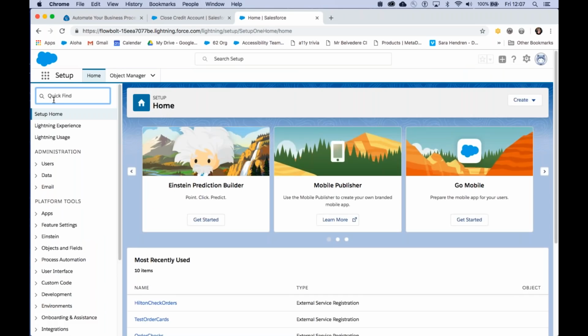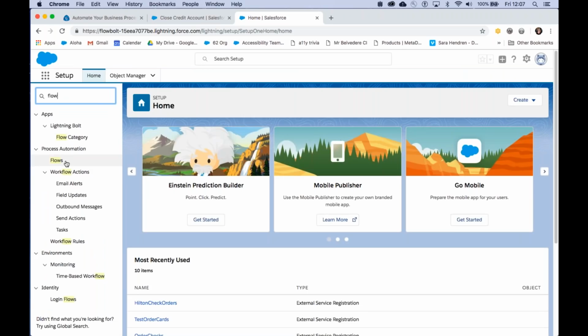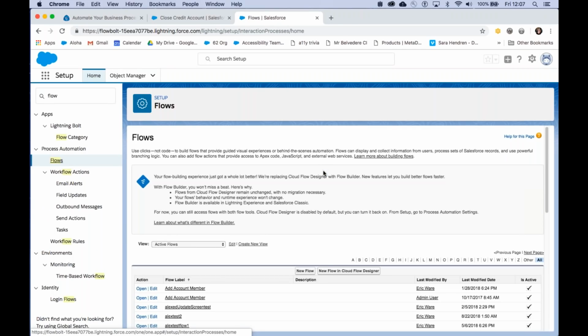So the way we build a flow now is we can go to Flows under Process Automation in the Setup tree. And what I want to build right now is a new screen flow for a support agent. The flow will have a screen where the agent can enter a contact's first and last name, will query Salesforce for the contact information and get their email and phone number, and display those back to the agent.